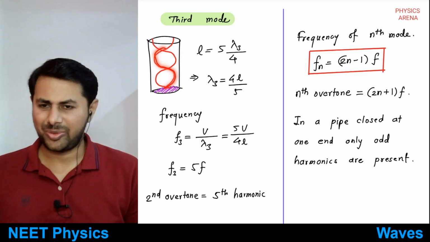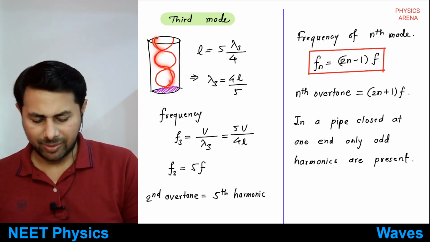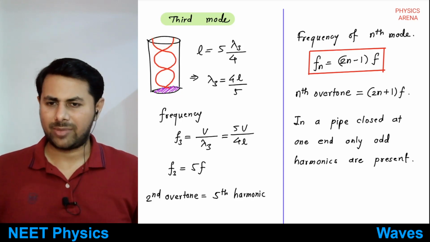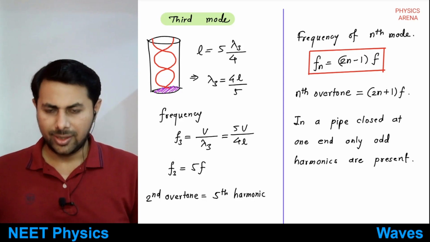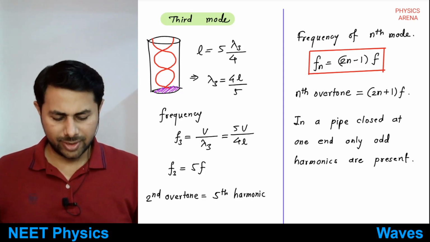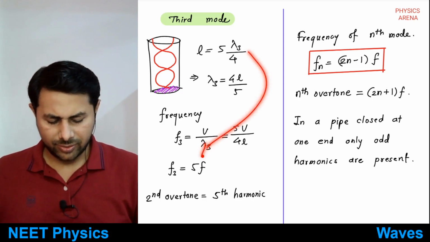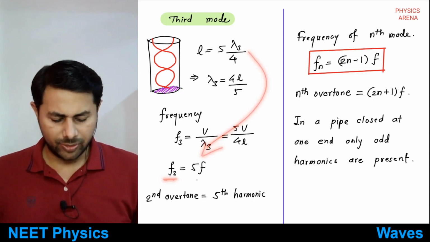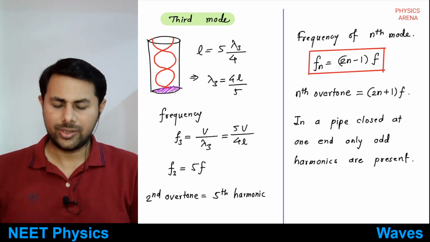A crest and trough you can say. Okay, so this is 1 lambda. Lambda plus lambda by 4 means what? 5 lambda by 4. Okay, lambda plus lambda by 4 is 5 lambda by 4. And therefore now substituting that, you get the frequency of this mode, third mode, is equal to 5 times F. Okay, so this is third mode,